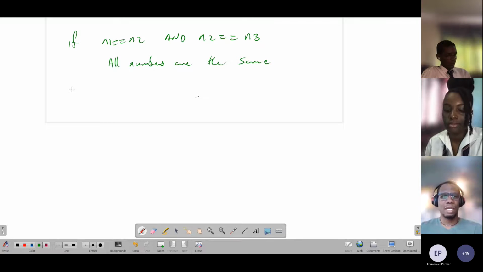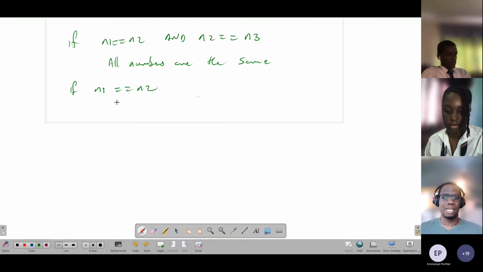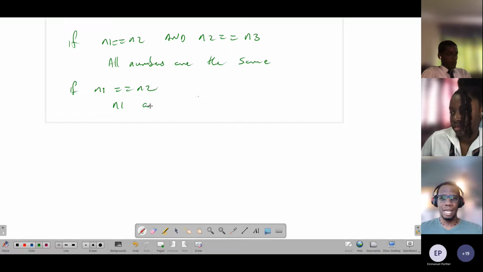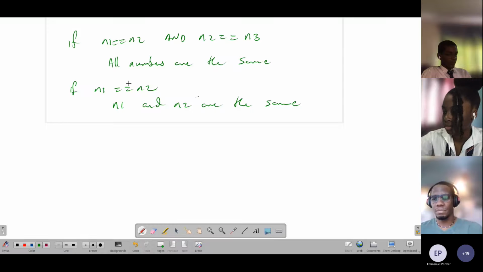So I could go, if N1 is equal to N2, then I could print, right? I'm not putting the word print, I could just say N1 and N2 are the same. I have a question, sir. If two numbers are the same, you're just supposed to print out two numbers are the same? Yes, you can print out two numbers are the same, which is why I'm going